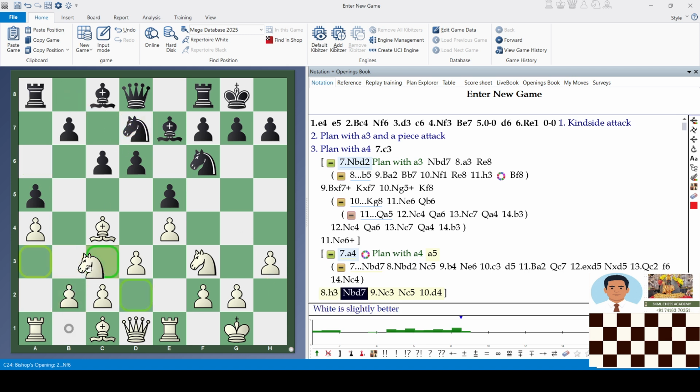Then knight c3. Knight c5, immediately push d4. So white's aim is achieved. What we planned is a4, h3 and d4 in this line. Here, instead of 7 a5, black's most flexible order is